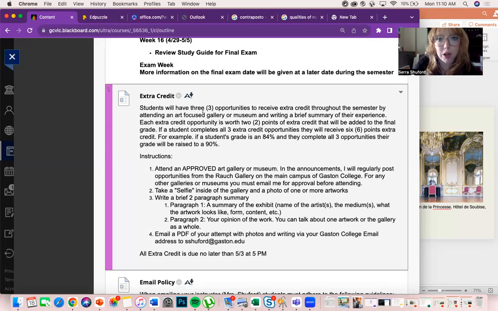So students will have 3 opportunities to receive extra credit throughout the semester by attending an art-focused gallery or museum and writing a brief summary of their experience. Each extra credit opportunity is worth 2 points of extra credit that will be added to the final grade. If a student completes all 3 extra credit opportunities, they will receive 6 points extra credit. So for example, if a student's grade is an 84 and they complete all 3 opportunities, their grade will be